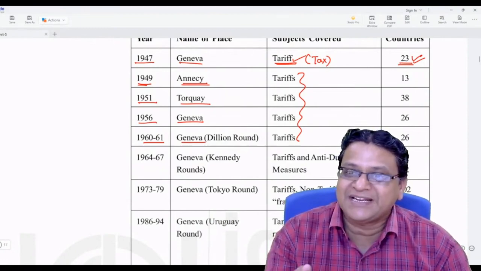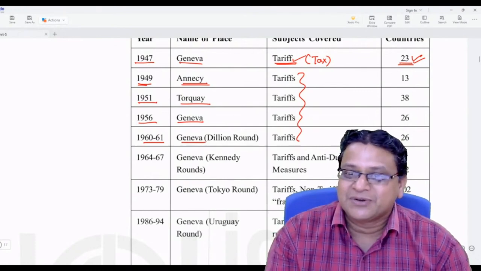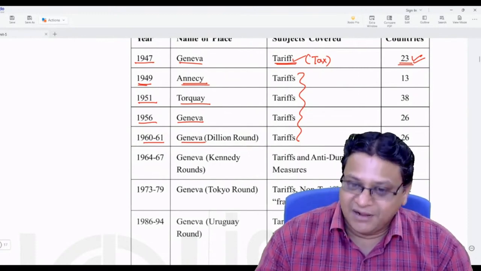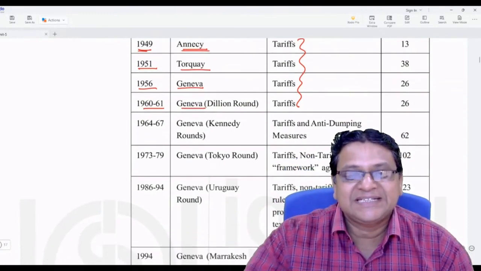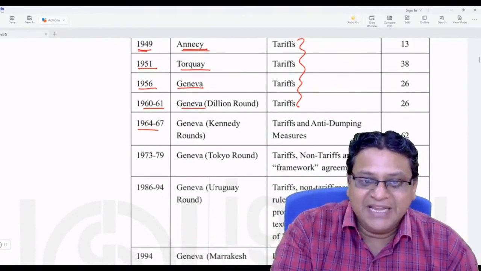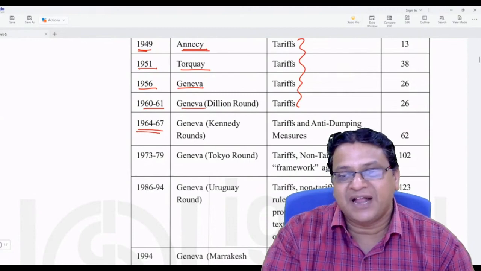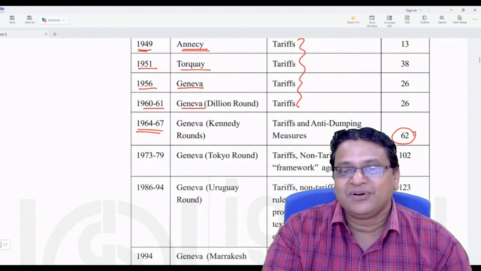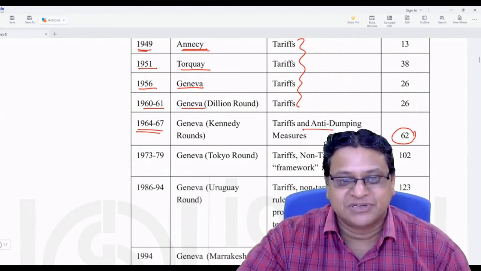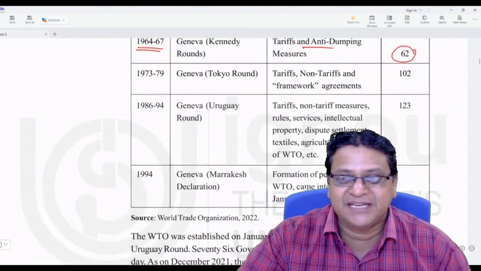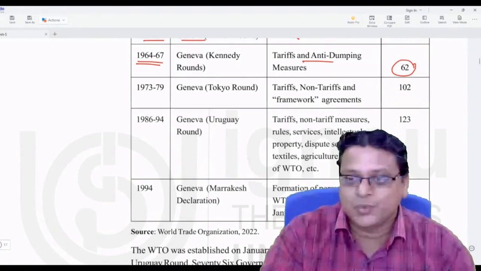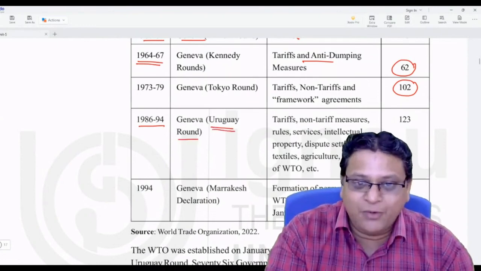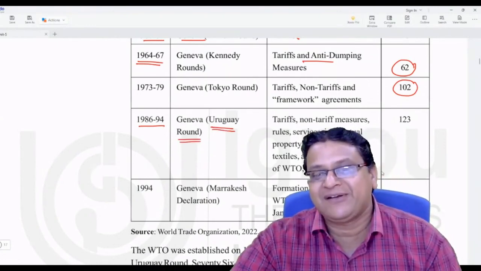Later on, in 1949, it reduced to 13. In the Turkey round of discussion it was 38. In Geneva it again came down to 26. But in the years 1964 and 67, a milestone occurred in the history of GATT where 62 countries agreed upon the GATT agreement and discussed tariff and anti-dumping measures. In 1970, the number again increased to 102, and during 86 to 94, during the Geneva Uruguay round negotiations, 123 countries